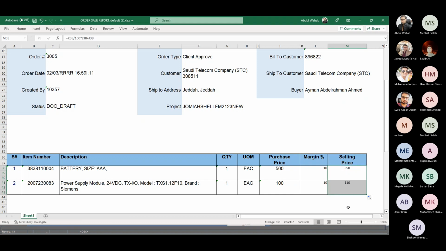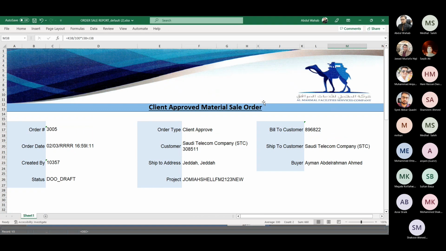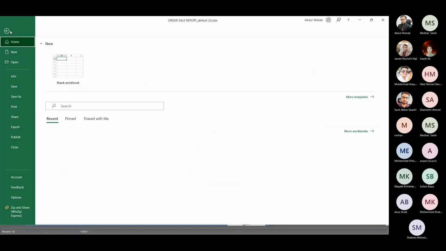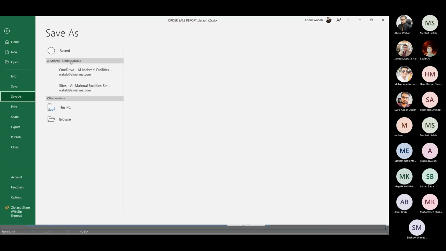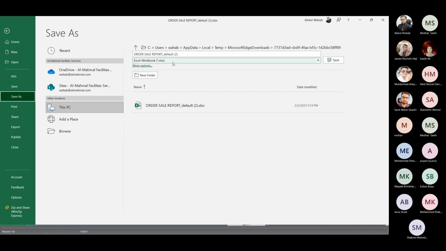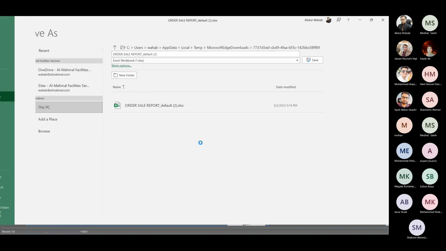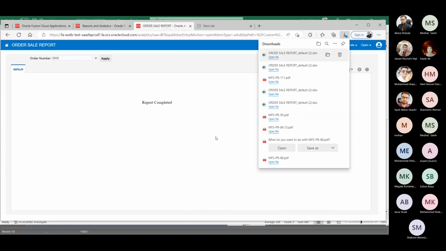Class, you have to save this in your computer. You have to save this somewhere in your computer, like I'm saving this where it's going in the downloads. Okay, save it. You have to save this and again come to the